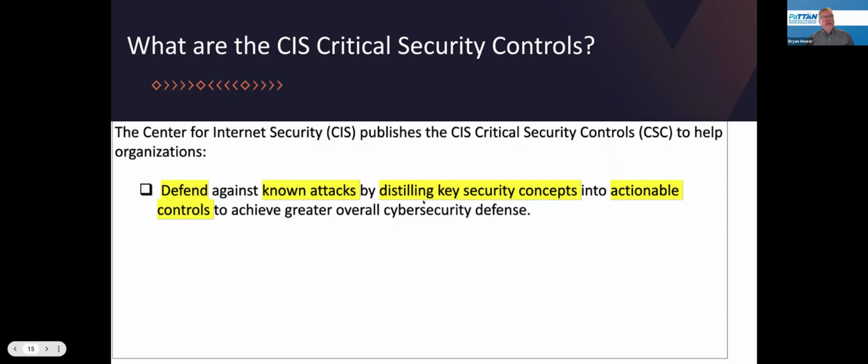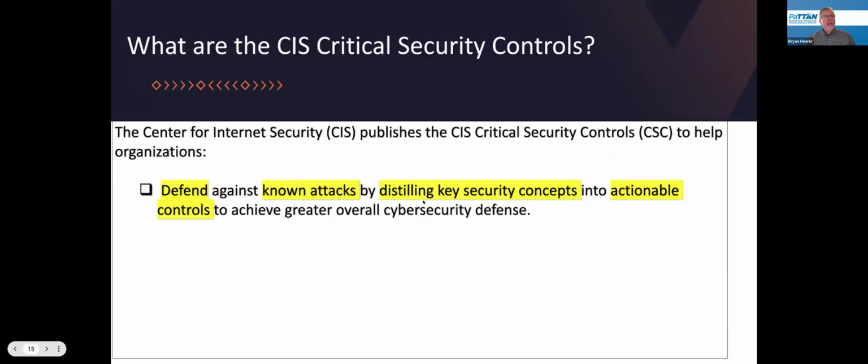Now, the Center for Internet Security, CIS, publishes the CIS critical security controls to help organizations defend against known attacks by distilling key security concepts into actionable controls to achieve greater overall security defenses. Now, the highlighted words are kind of what entails the CIS controls. Defend against attacks, distilling key security concepts and actionable controls. So action. So defend, attacks, security concepts, what you're going to use, and then what actions you will take, and